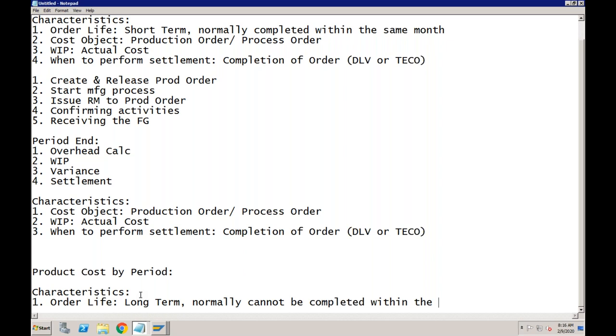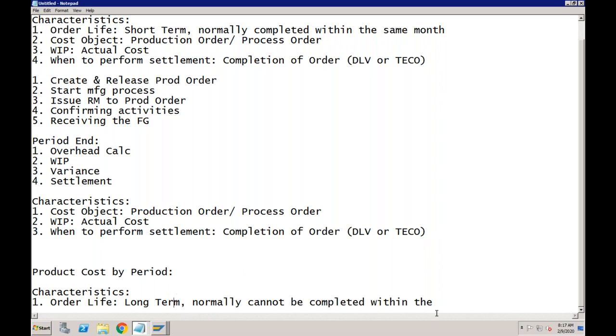So if you have a repetitive manufacturing, when you are manufacturing the same product again and again, it is not recommended to go for product cost by order, because you have to create that many production orders. To avoid that, you can create a single production order and continue your manufacturing for months and years. So in case of product cost by period, the order life is long term